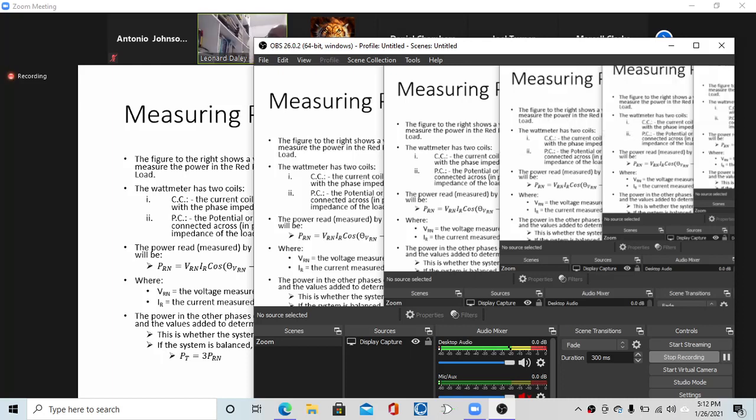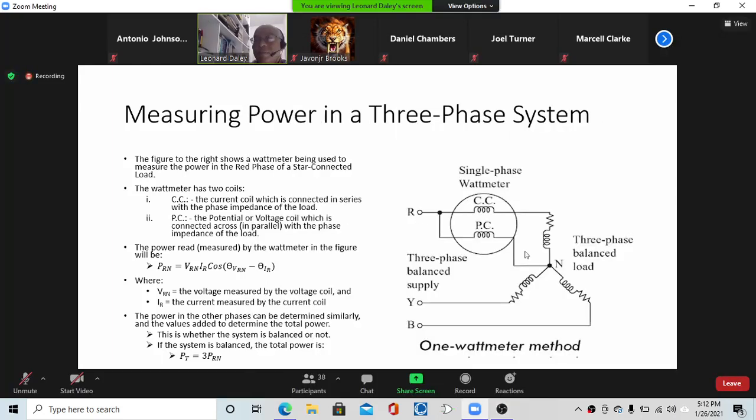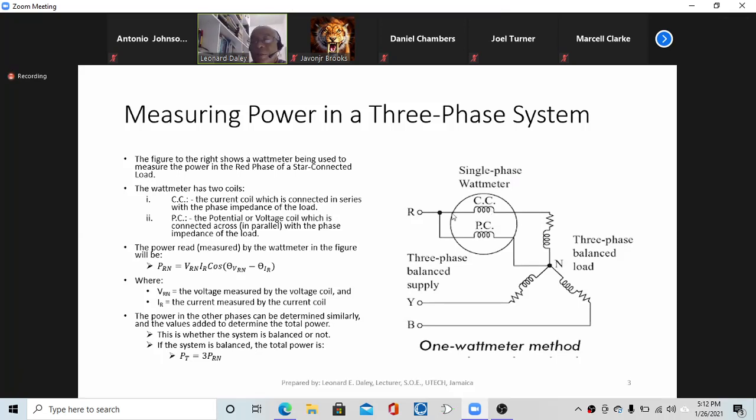So that is connected across the phase. And CC is the current coil that would be connected in series with the phase, right? So this is one phase of the load, another phase, another phase. So to find the power, we need to find the current through that phase and the voltage across that phase. So this is the 1 watt meter method,